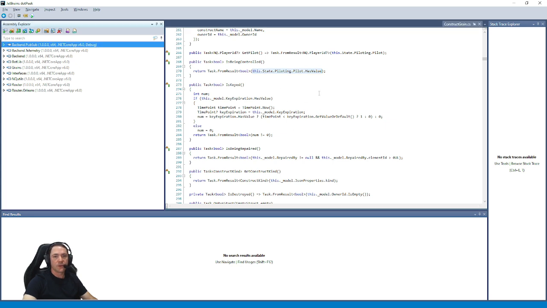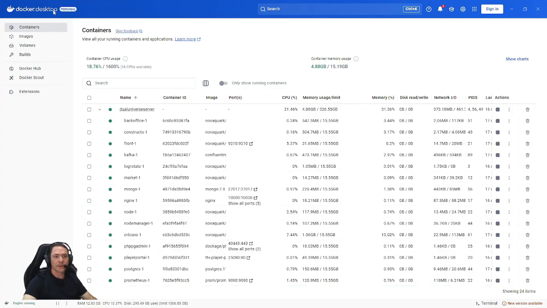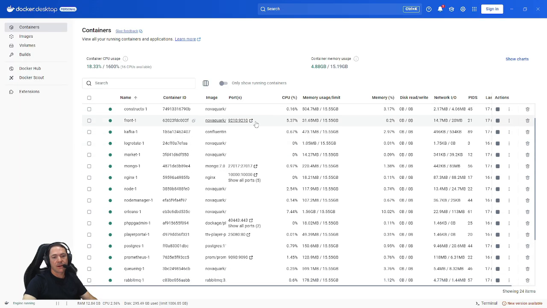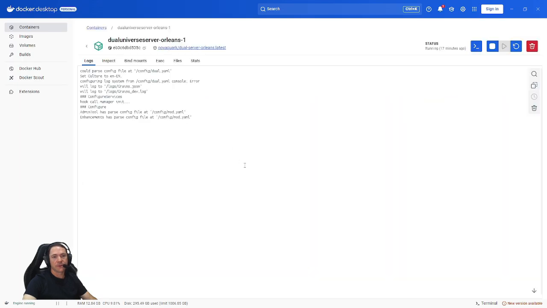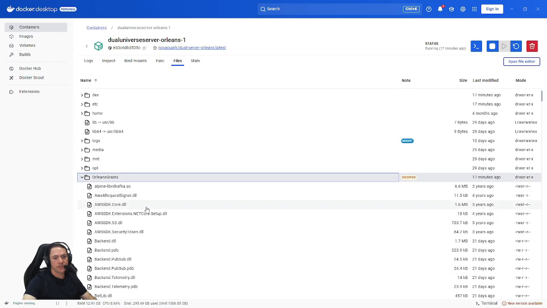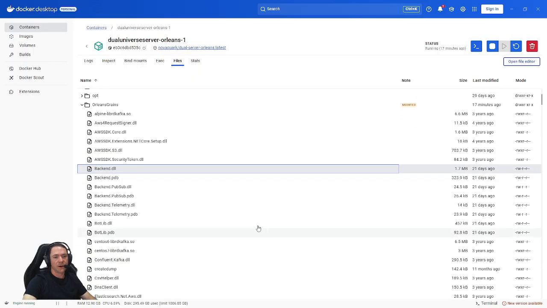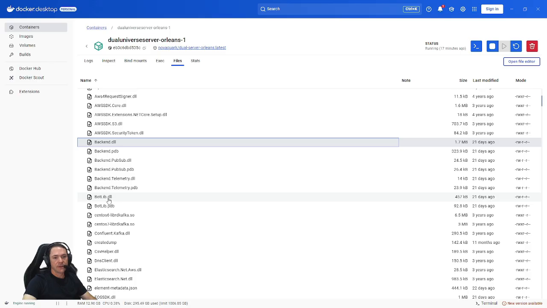Now I will show you how to extract the DLLs, because you will need to do it anyway to code. To do so, you need to have your server running with Docker Desktop. It's the easiest way. Then you go to Orleans, you open the container here, you go into the files, and where it is here, Orleans grain, you see all the DLLs that are used by Orleans. What we want to download is the backend, the botlib,